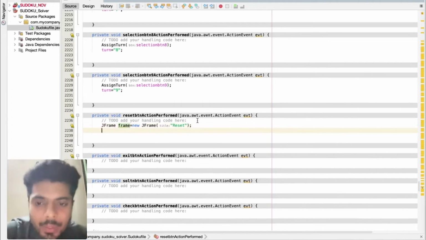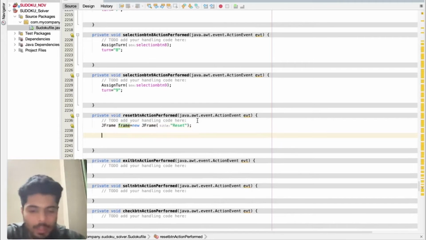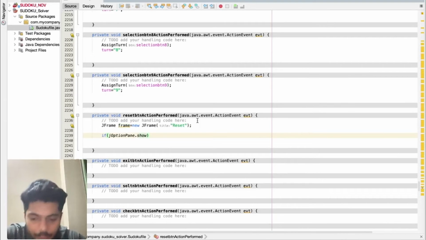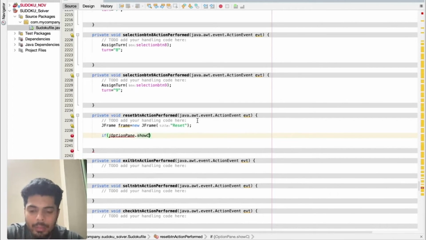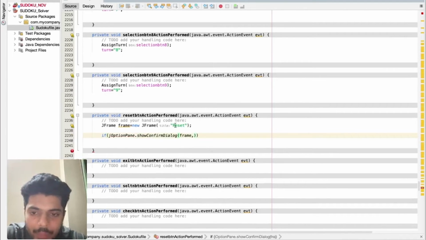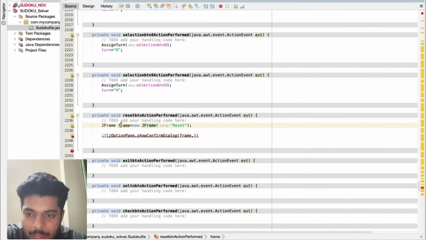A very simple JFrame whose title says reset. I'll check if JOptionPane dot show confirm dialog. Here we're going to use confirm dialog because we want a confirmation. We want to show an error message. We're going to show this confirm dialog with the help of this frame which we just declared.